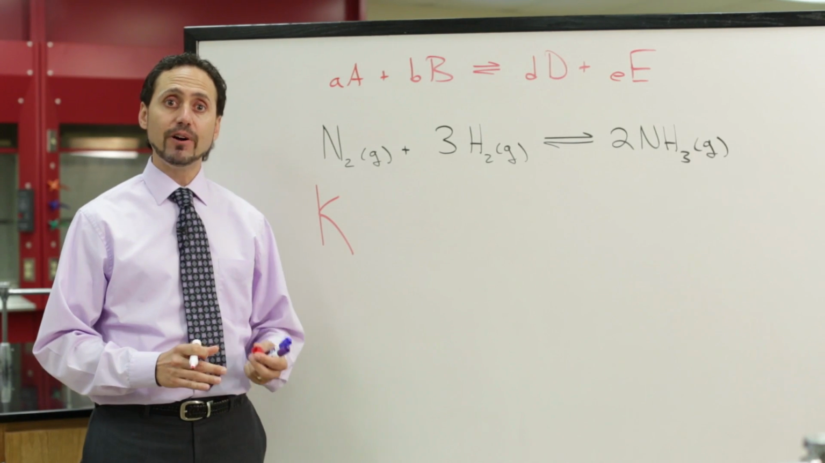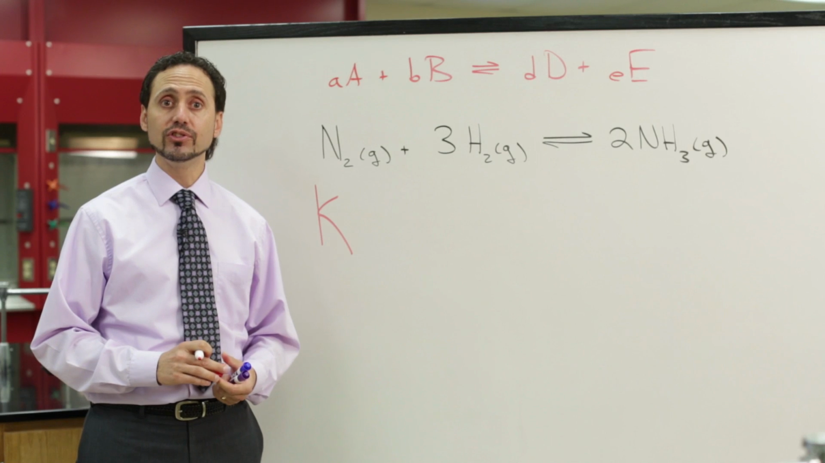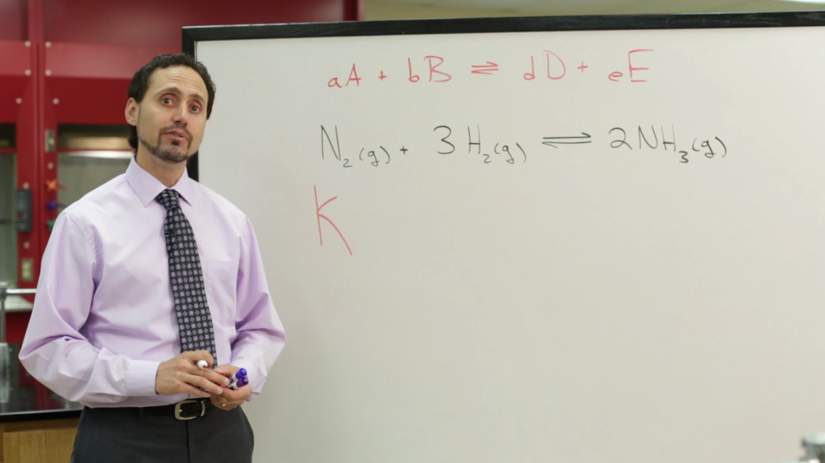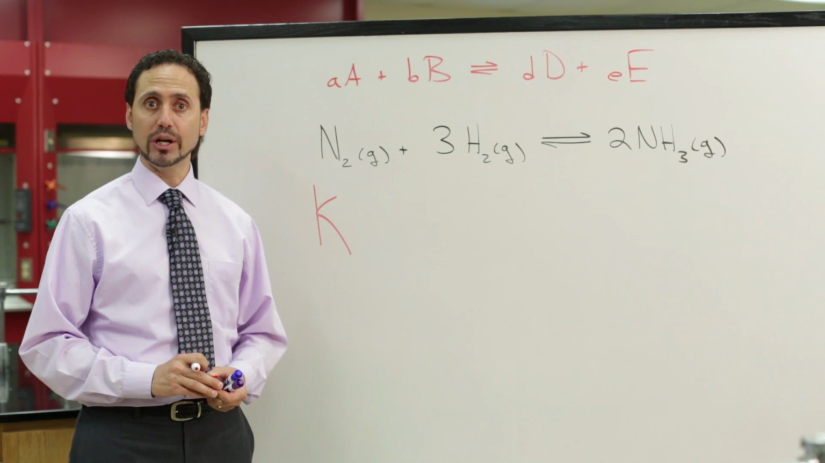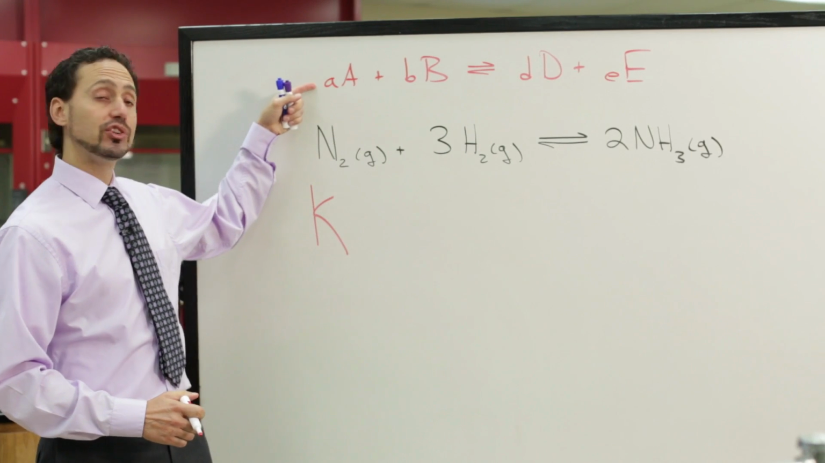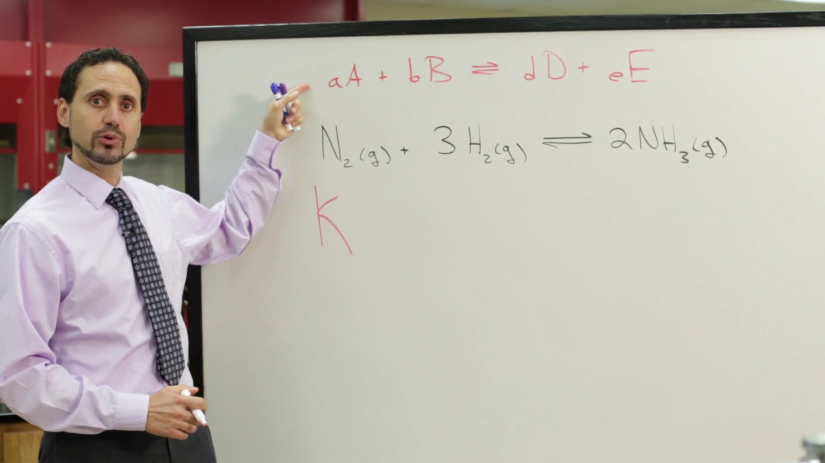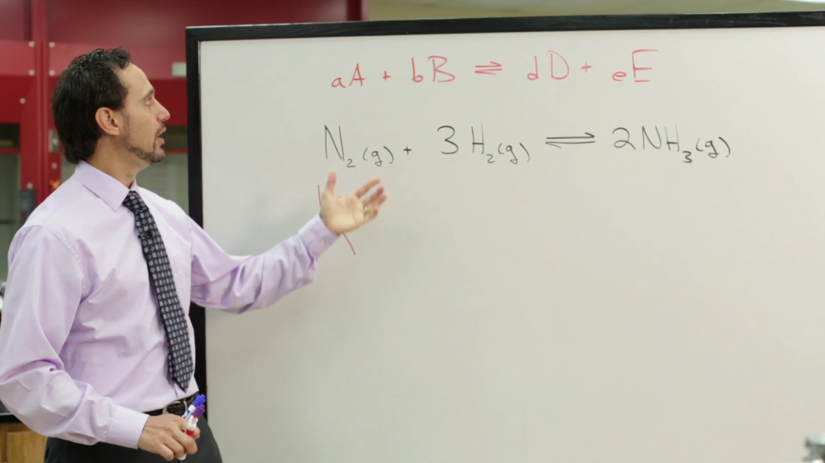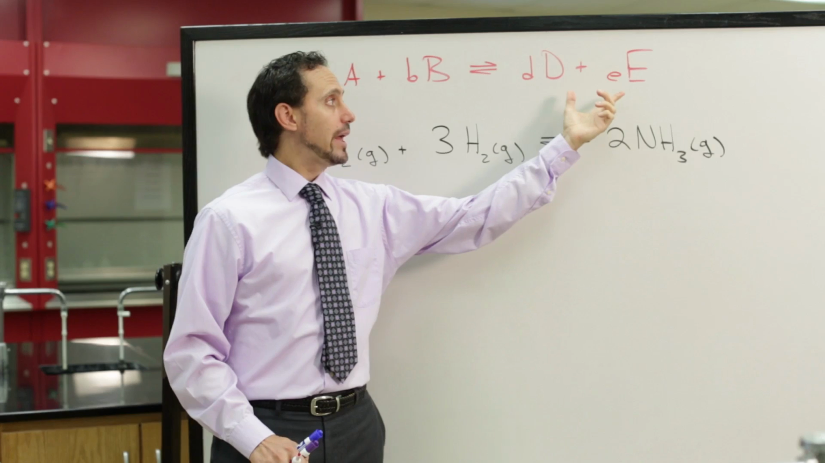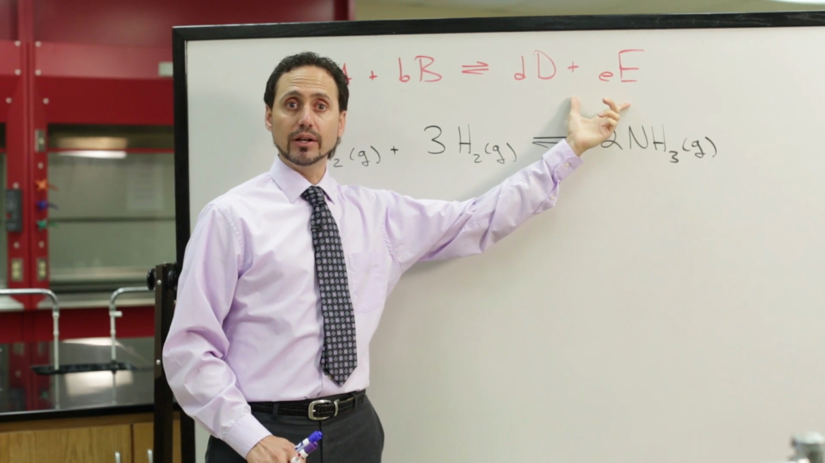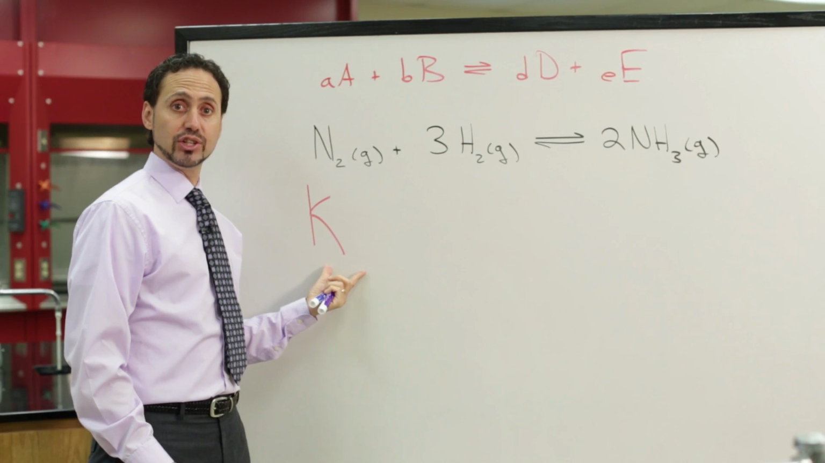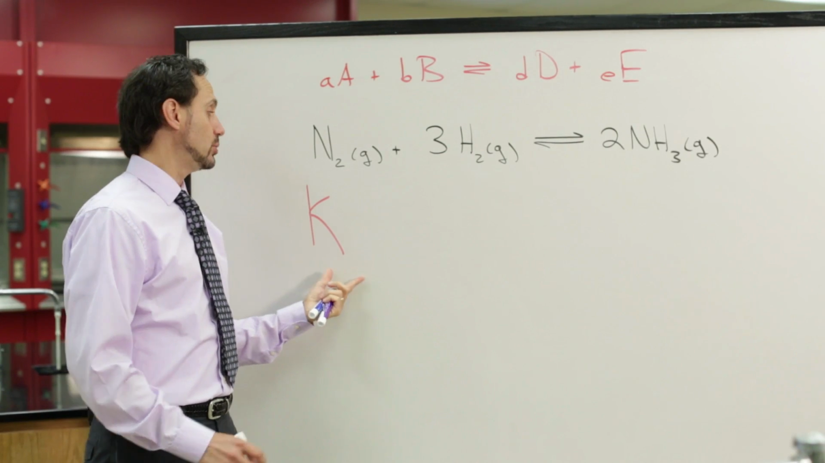Now, how do we find the value for this equilibrium constant? We do this through the use of the equilibrium constant expression. To illustrate this in general, we'll look at this first general chemical equilibrium equation we have on top in red, where we have A and B as the reactants, and we have D and E as the products. In order to write the equilibrium constant expression for any chemical equilibrium,